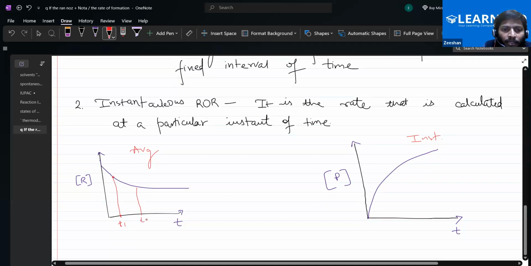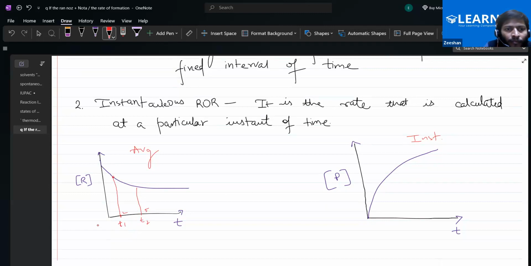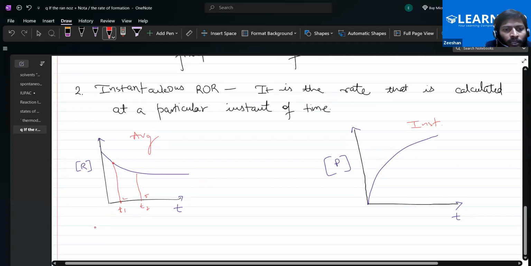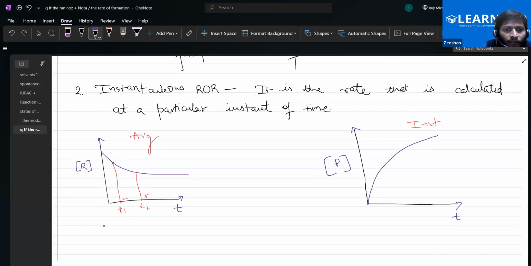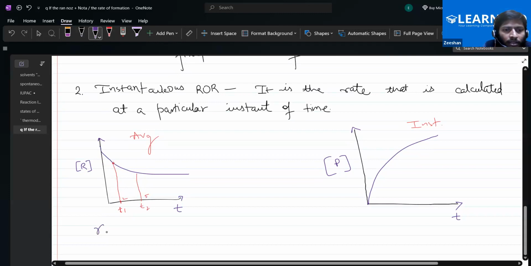For example, 2 seconds to 5 seconds. Okay. So the interval of time is 3 seconds, right? Yes, sir. So here the average rate of reaction will be